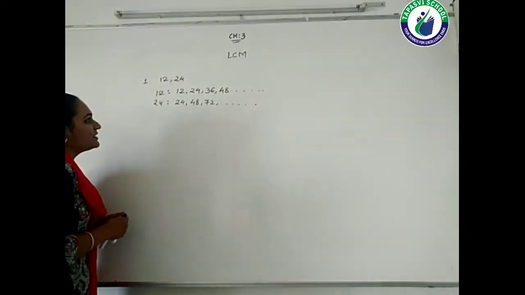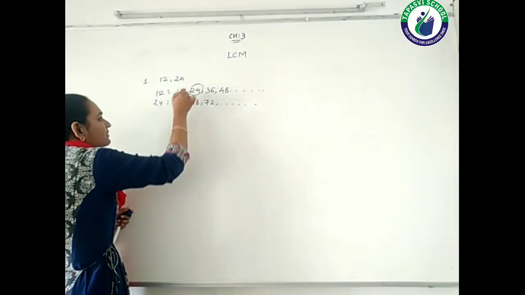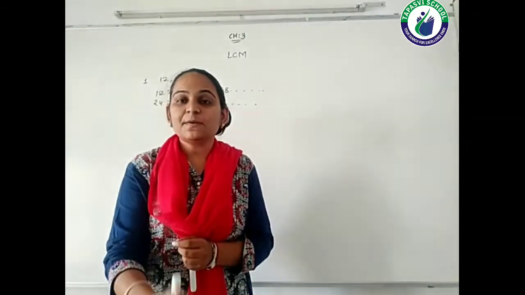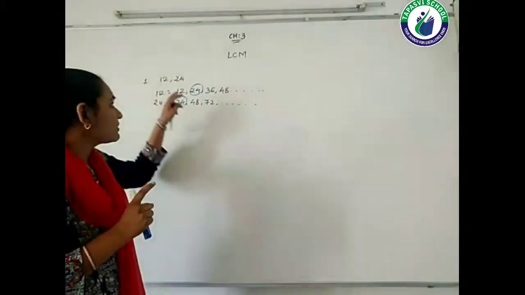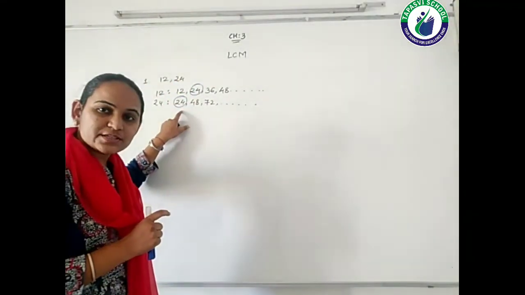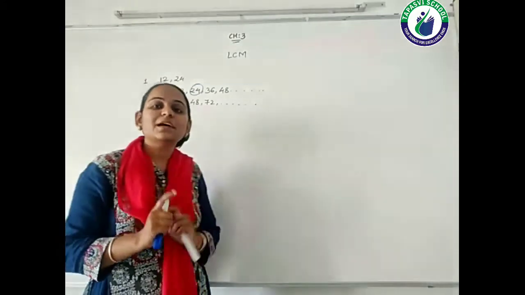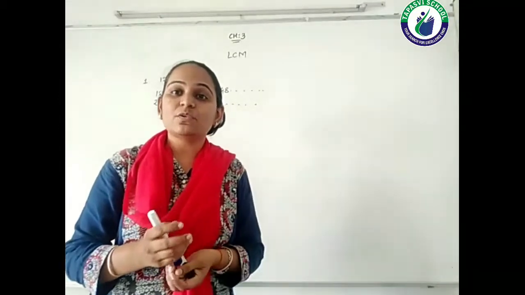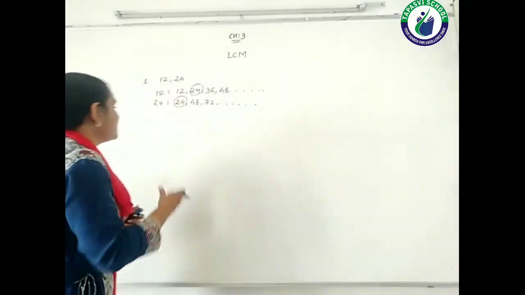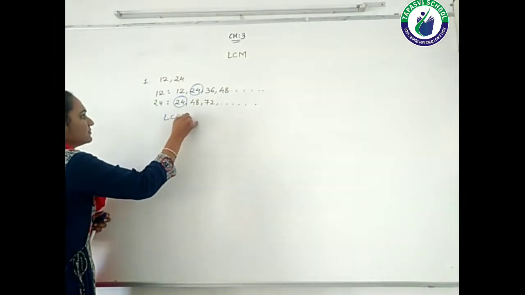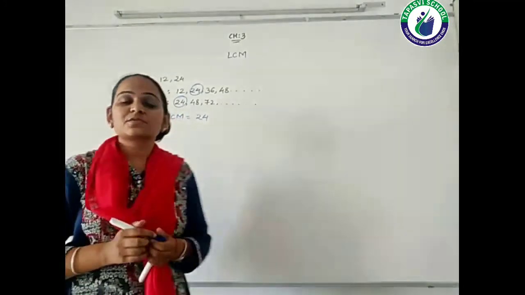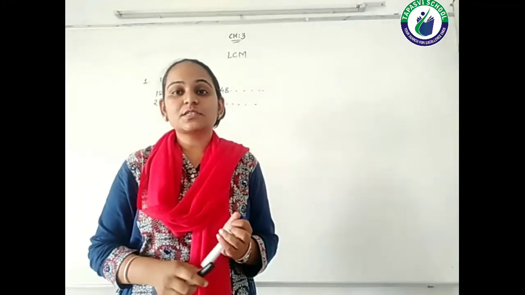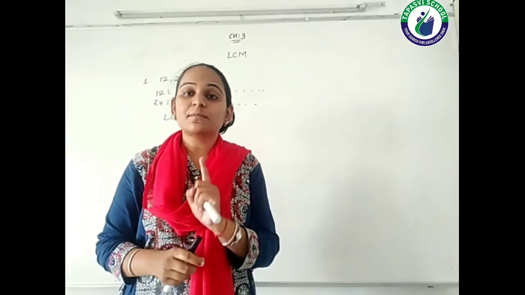So see here, which number is common among these 2 numbers, that is 24. So I got my first common multiple, and what do we call the first common multiple? Lowest common multiple also. Whatever you get first is always the lowest common multiple only. The ones that come after will be bigger than this, students. So my LCM is 24. This is the first method which I discussed with you, based on listing out the multiples.